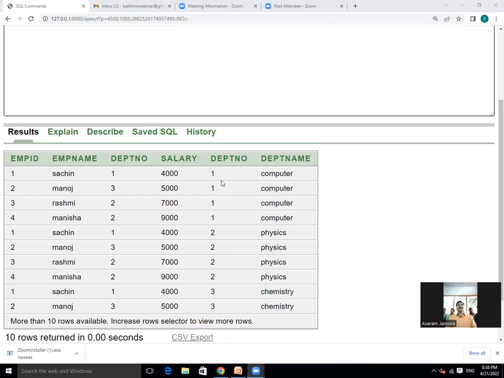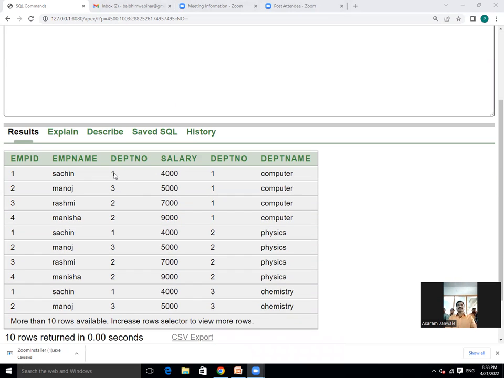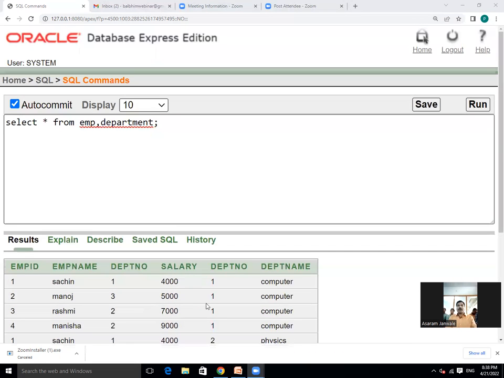Okay, what is happening here? See, all records from employee get combined with all records of department. Suppose Sachin's department is 1, but we can see here it is also combined with 2 and 3 also. So that is the problem here. If you perform a simple Cartesian product, then it will combine all records from one relation with all